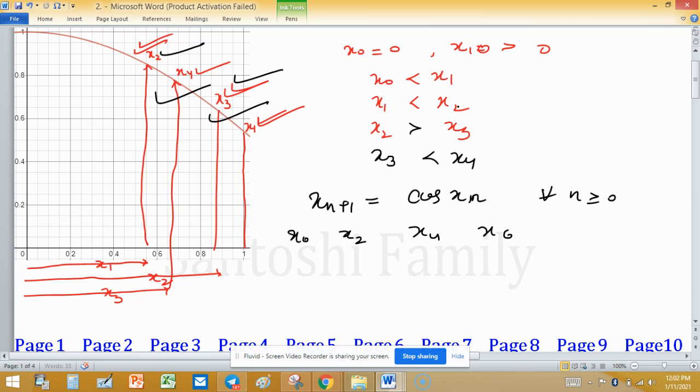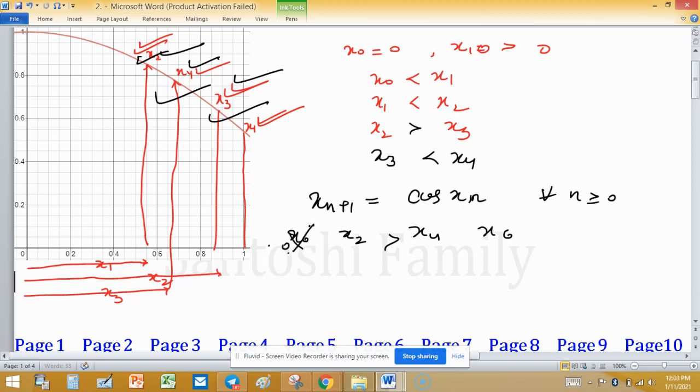About x2 and x4, this is x2 and this is x4, and this is x naught, which is 0. So this is decreasing because x2 is greater than x4,